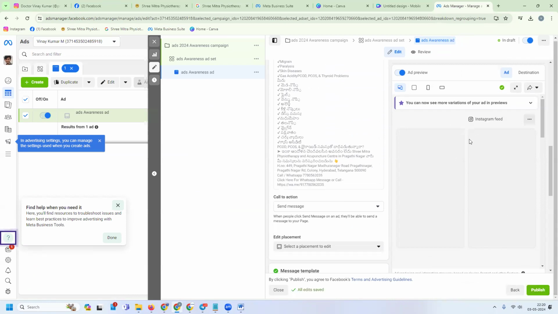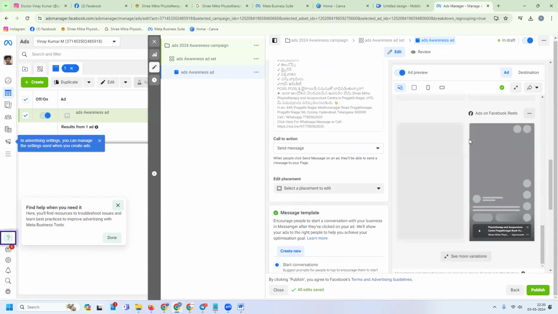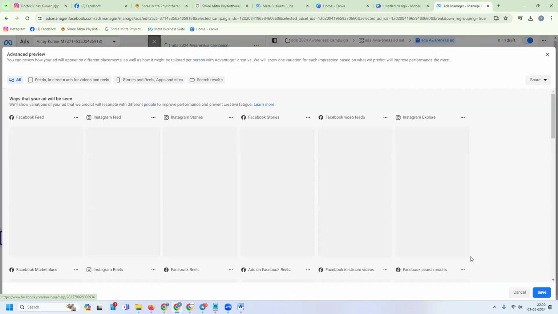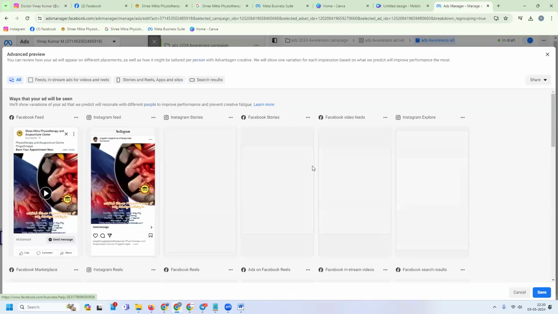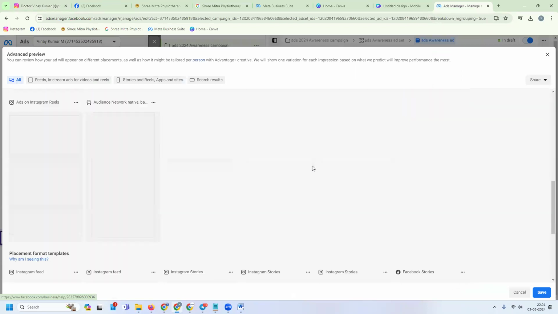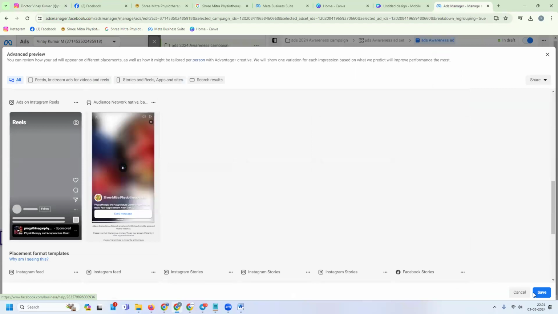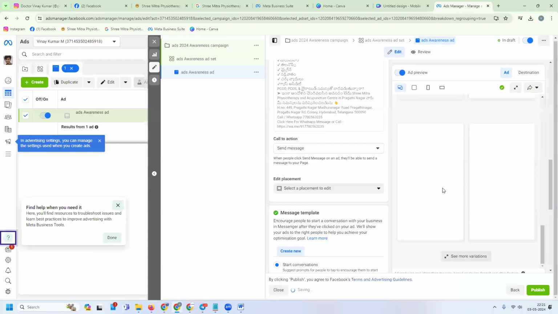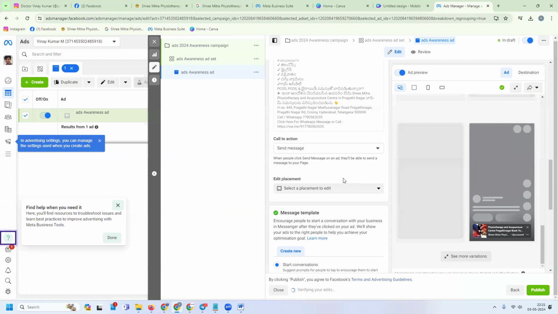So what are the preview options? Everything we can see here itself. So this is all your particular preview option. When you click for variation, all these kinds of platforms, your particular ad is visible there itself. That means those who are looking for your service will immediately contact your particular service here